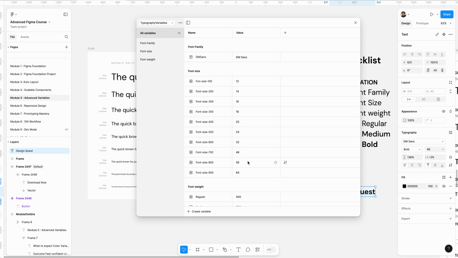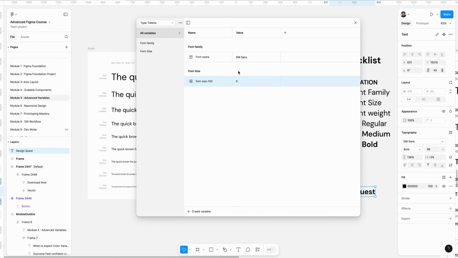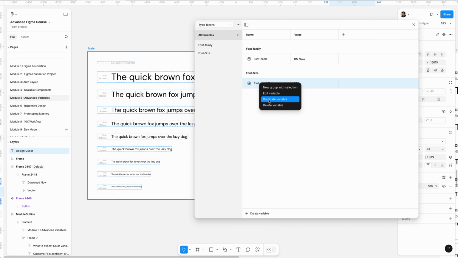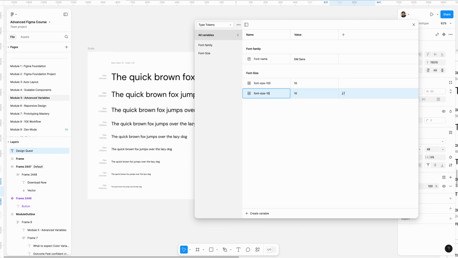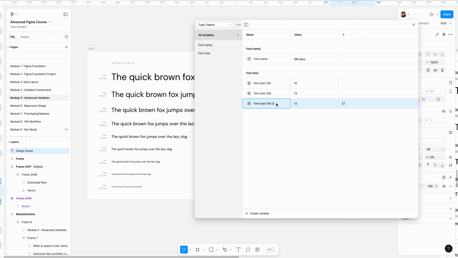You can create your own scale, or you can take the scale from here based on whatever values you want. And do not worry, because you can always keep changing them. That's why they are variables. So we can start with 10, and then duplicate this to 200, which is 13, and then duplicate this to